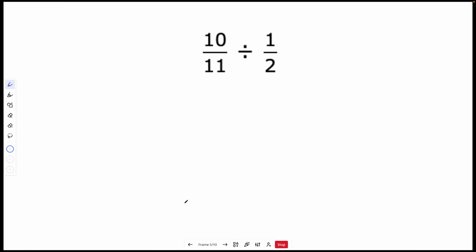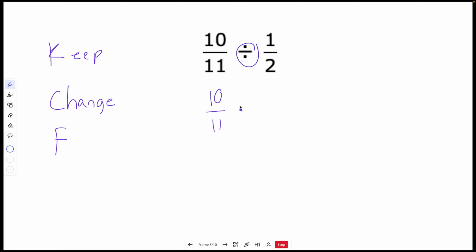Here we go. Dividing fractions. The phrase that you need to remember is keep, change, flip, KCF. Keep means keep the first fraction the same. Don't do anything. Change means to change the division symbol to a multiplication, and flip means flip the second fraction,